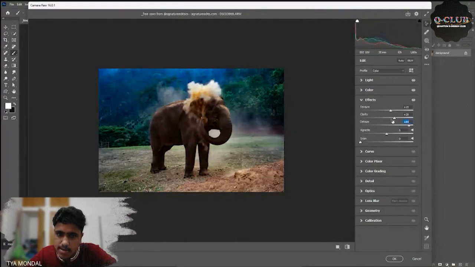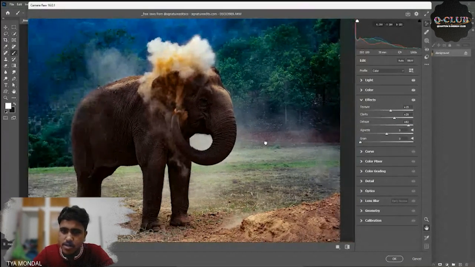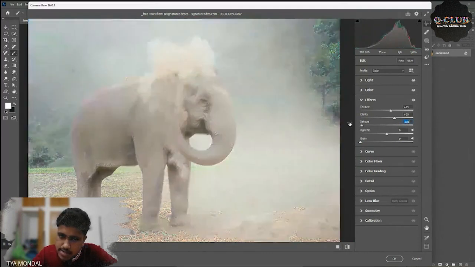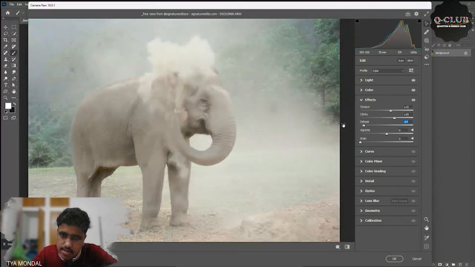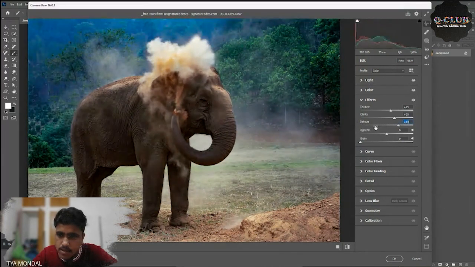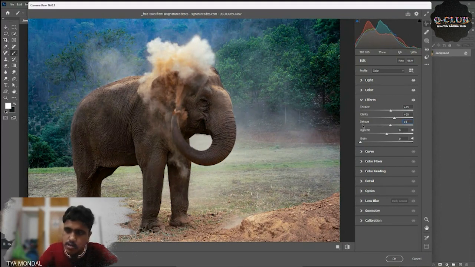is dismissed. See the dust particles here, there is a fogginess of the dust. Okay, when we increase the dehazing, that fogginess is blown out. If we decrease that, the picture looks more foggy and hazy. Okay, that is the work of the dehaze slider. So dehaze is just like 14. Okay,